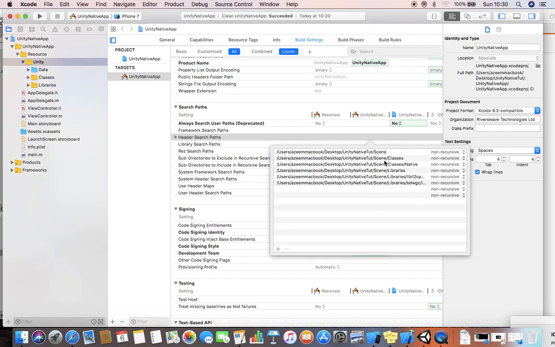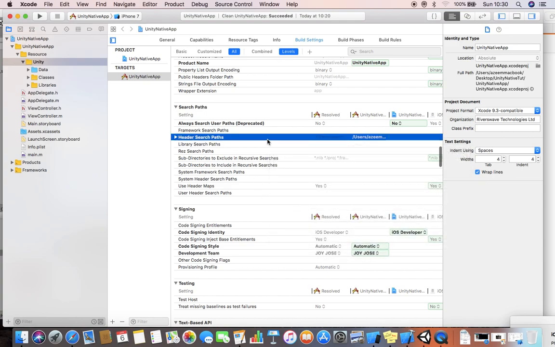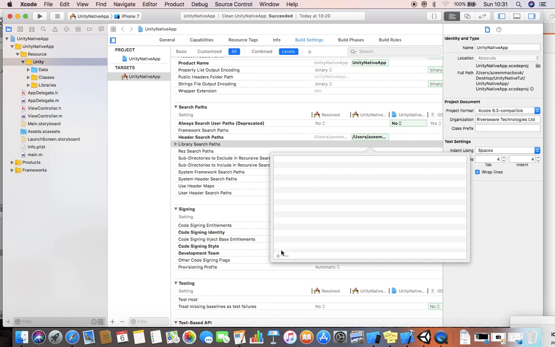Okay, the next I'm going to do is library search paths, so that we have to mention our library search paths. For that I'm going to do this: MacBook, Desktop, Unity native scene, and the next one I'm going to add the libraries into it. Libraries. Okay,